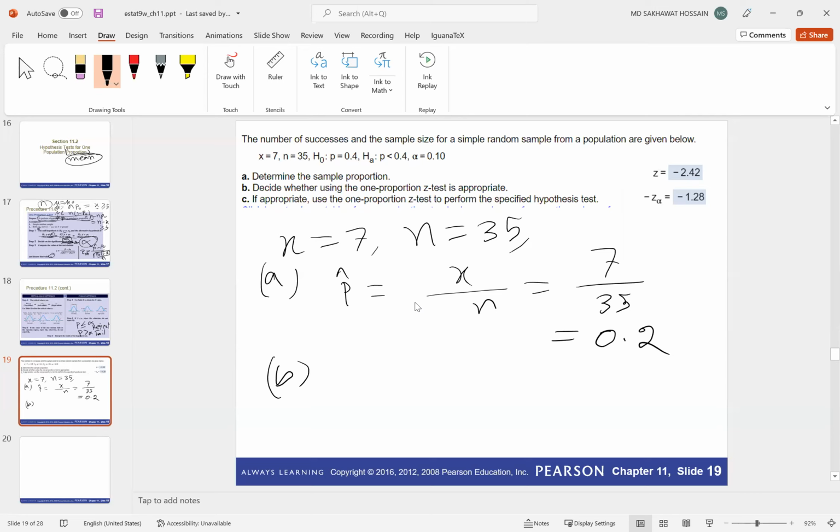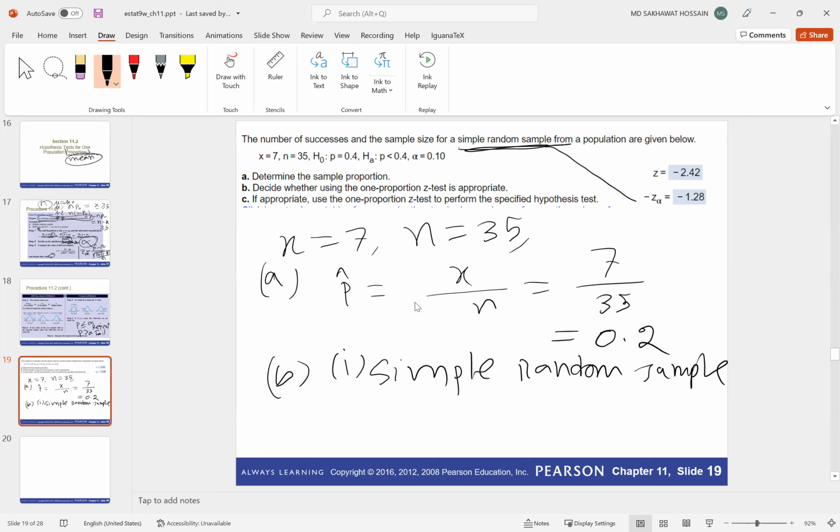Okay, so assumption 1 is a simple random sample. Yes, that's correct, we used a simple random sample. So this is correct. Now assumption 2 is n times p0. What is p0 here? The hypothesis value, which is 0.4. So that's 35 times 0.4, which is